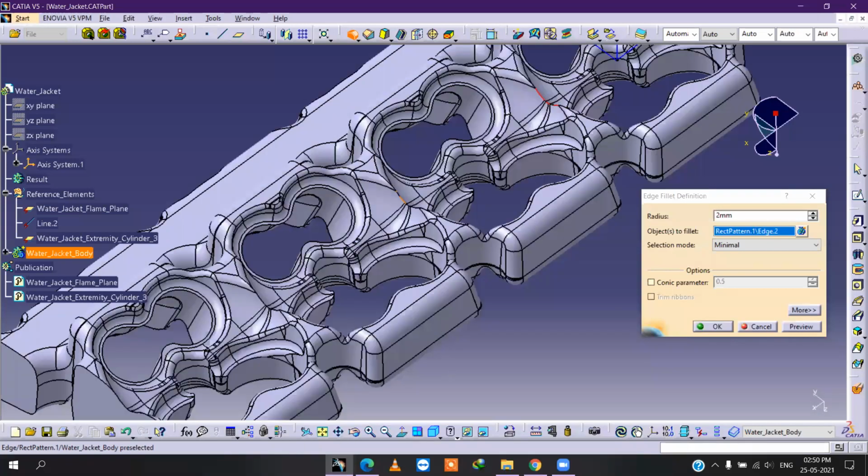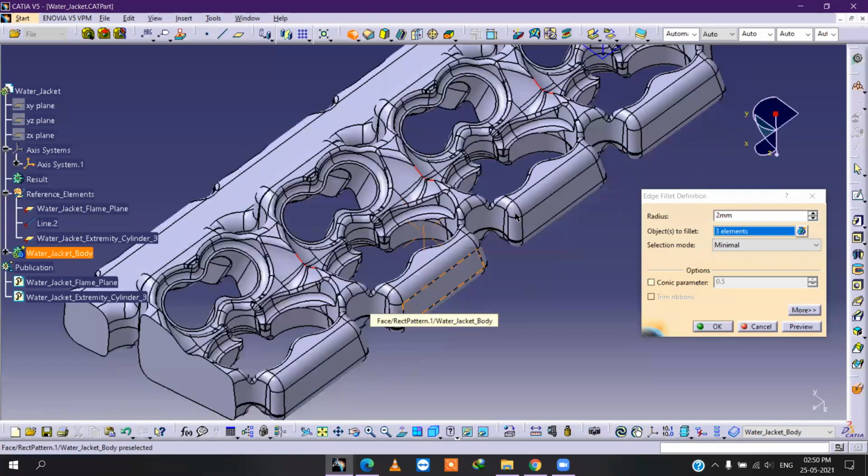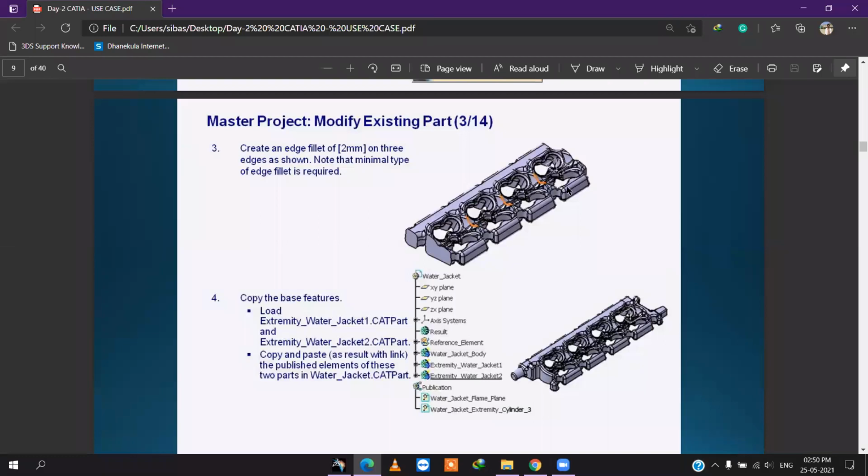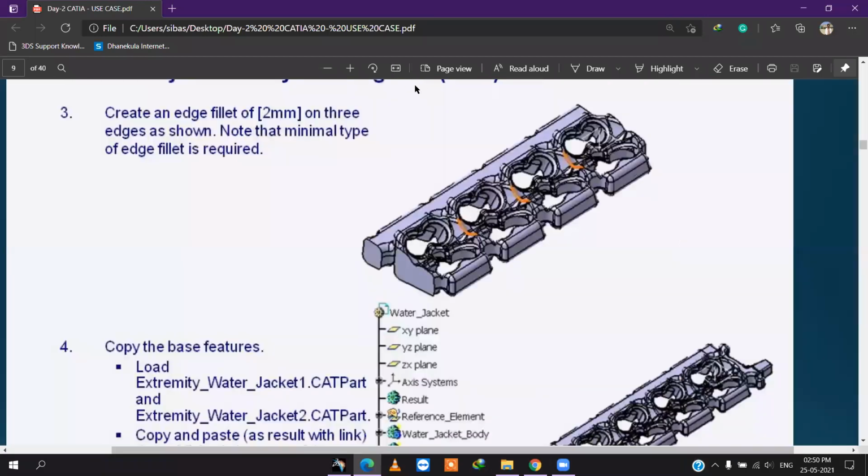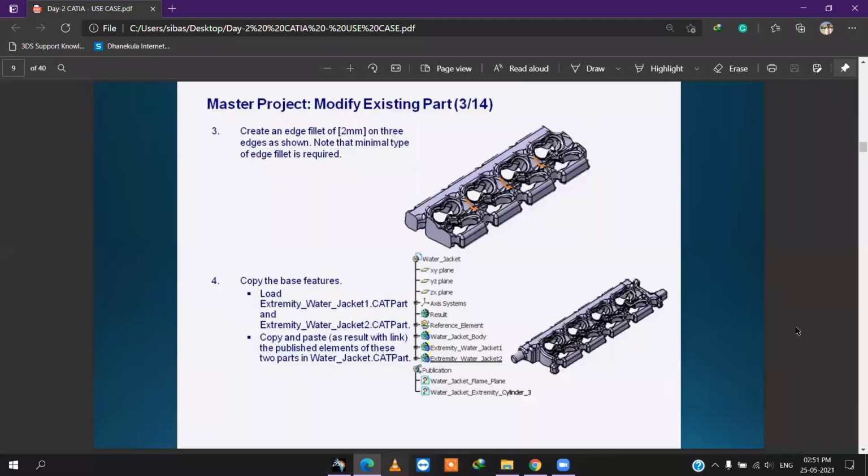These three have to be selected. We have selected the three items. Okay. We have given edge fillet of 2 mm.